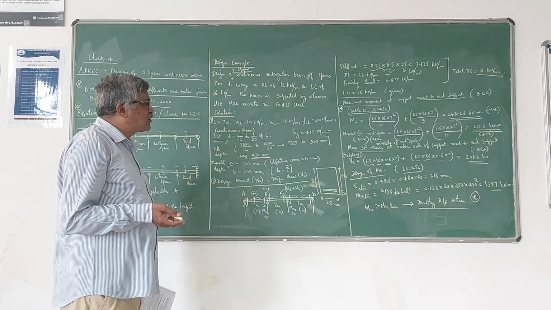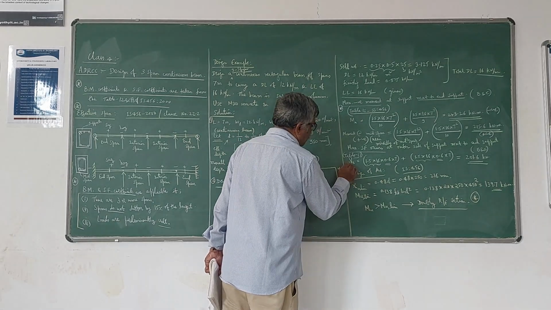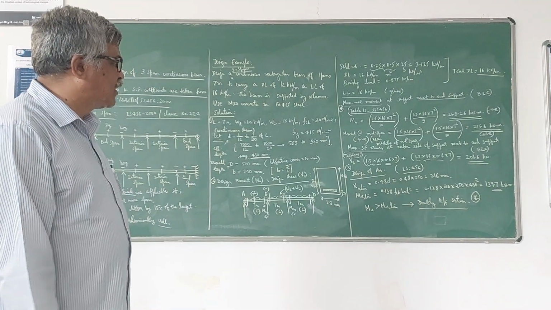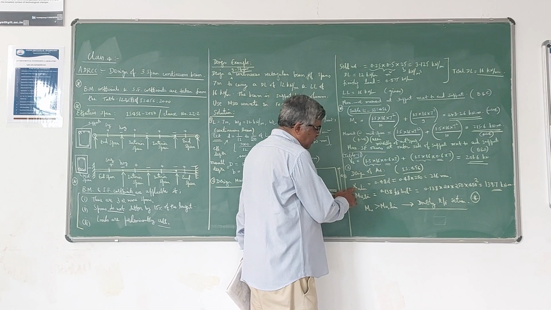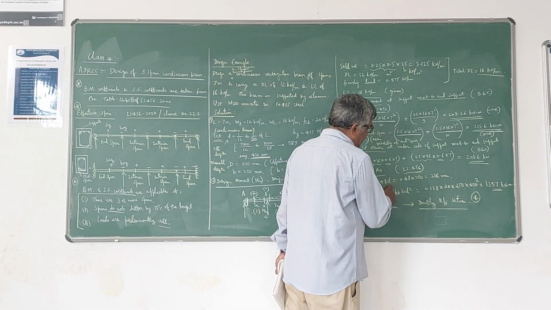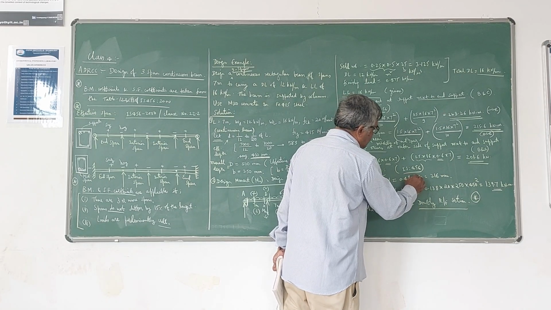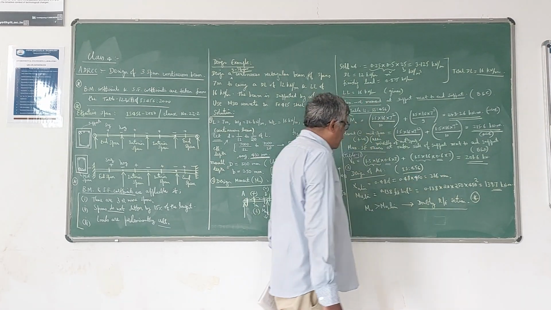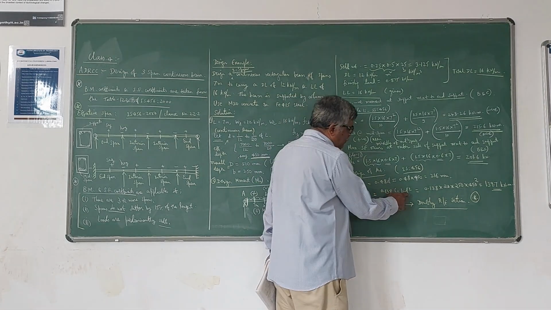Now the next step is to find out the reinforcement that is required. First we have to check whether we can provide a singly reinforced section or we may have to go for a doubly reinforced section. To check for that we have to calculate Xu,lim. The Xu,lim is 0.48 times D. Here b is 250, D is 450. So 0.48 into 450, 216 mm. So Mu,lim we have to calculate, which is given by 0.138 fck b d square.